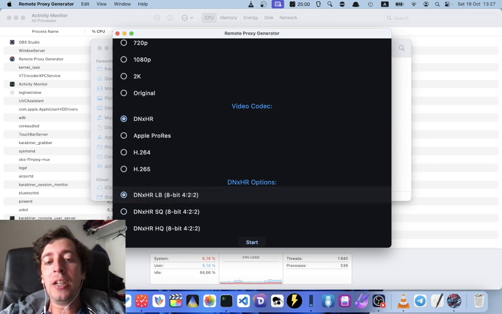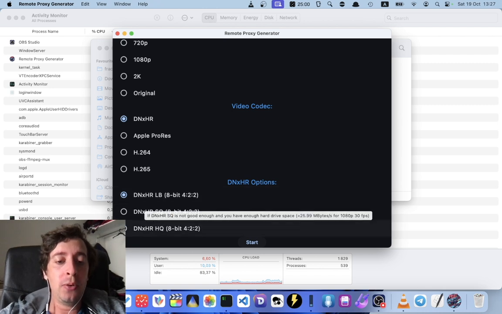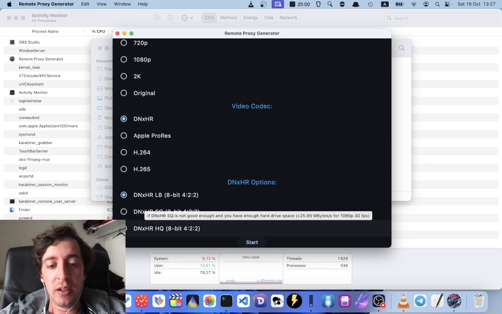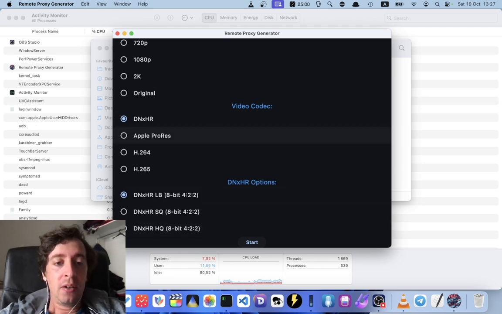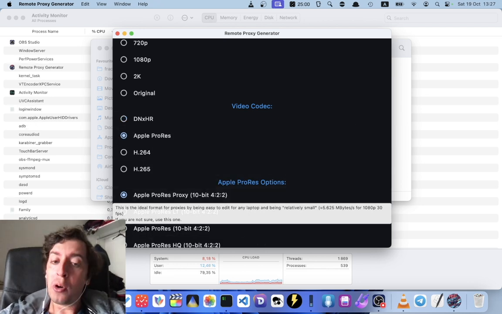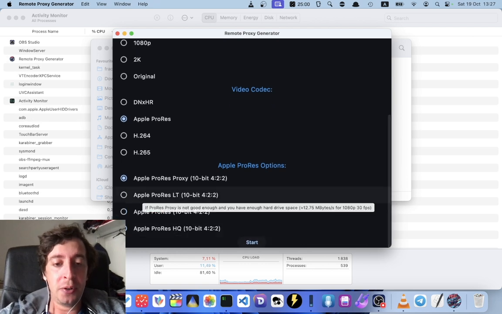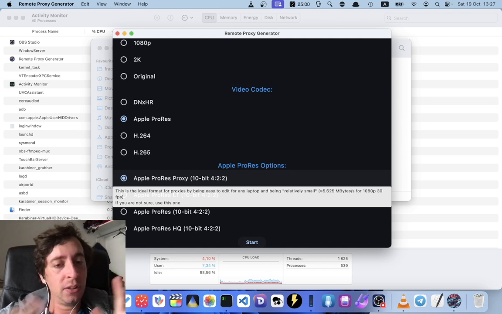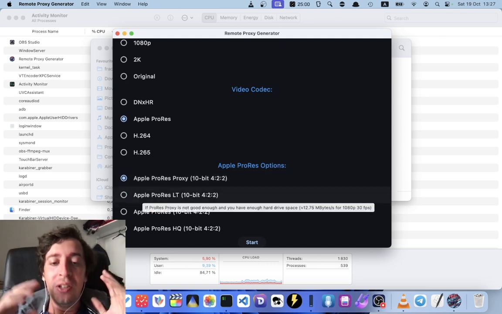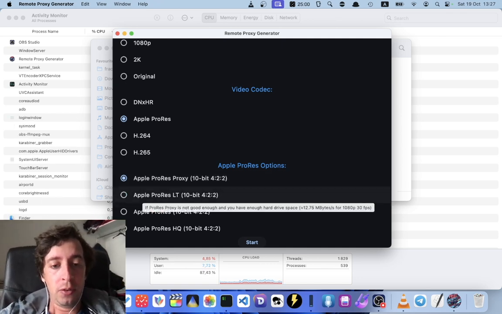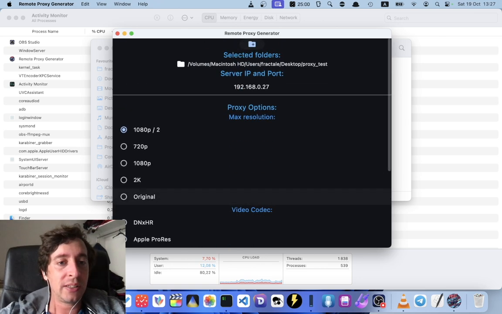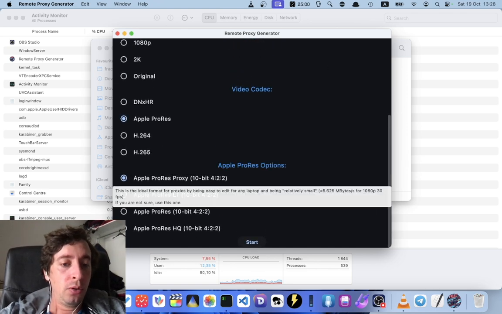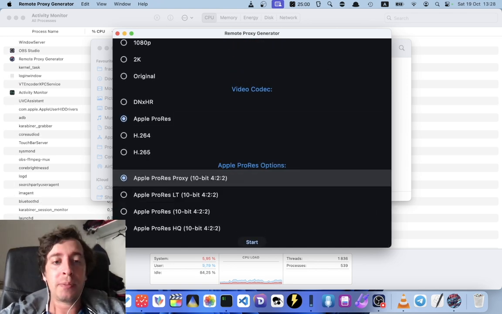Basically, they correspond to bitrate. So LB, SQ, HQ: low bandwidth, standard quality, and high quality. And then Apple ProRes Proxy, LT, ProRes, ProRes HQ. If you want to generate proxy, you can use ProRes Proxy. Usually it's good enough. If it's not good enough, you can move up to LT or to ProRes standard, and you can increase the resolution. Here we're going to use, let's go with ProRes Proxy,